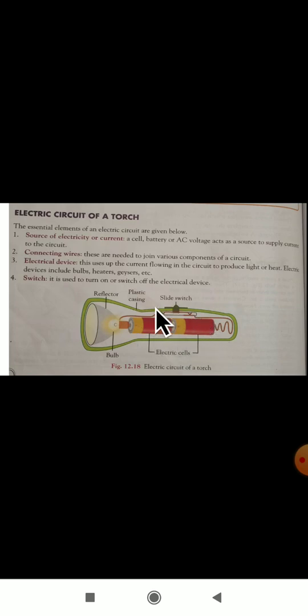For the wire connection, they have placed one small bulb here. It has a filament, and that filament is connected to two thick wires, and it also has a base and a holder. Here it has a reflector part. If you push the button and switch it on, then automatically the bulb will glow. The connections are proper, positive to negative, again negative to the positive terminal. This is about the electric circuit of a torch.